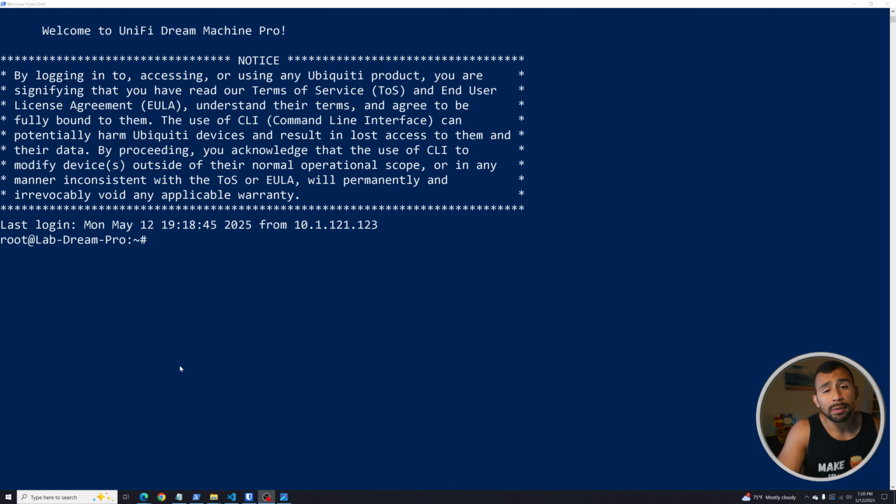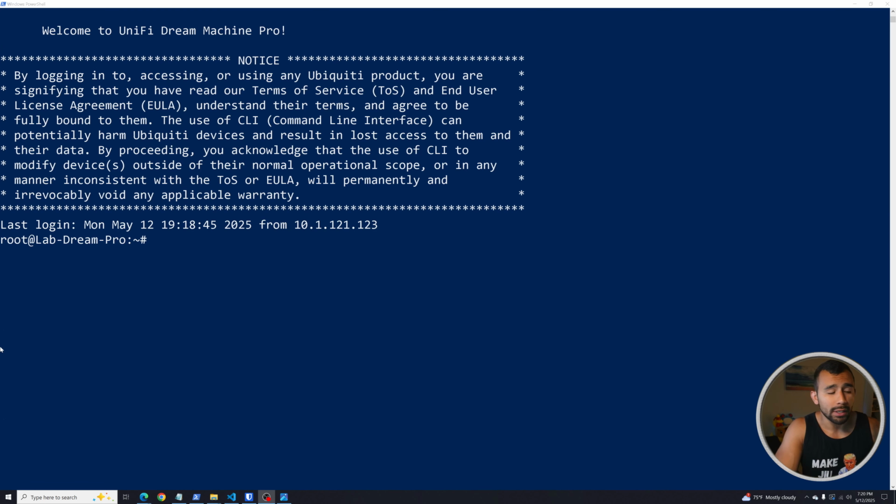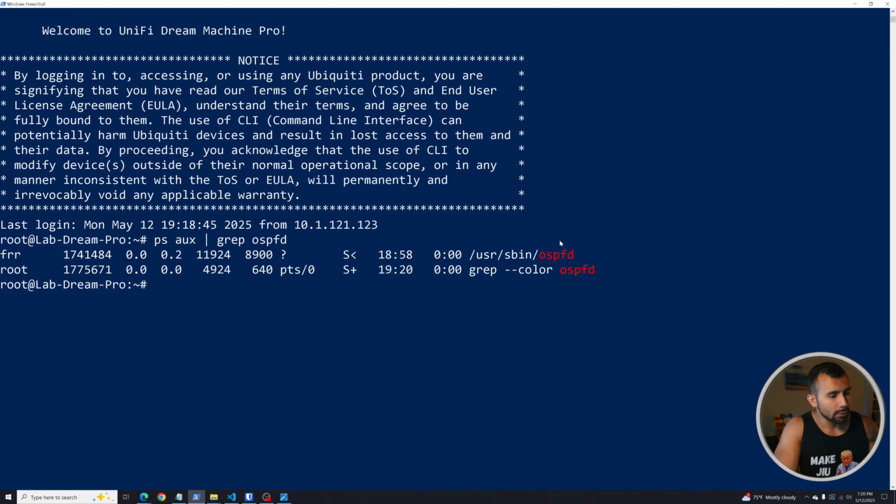All right, so the OSPF-D daemon is the actual process used to manage OSPF. And if you're familiar with that, it's because it's an actual Linux process. It's not proprietary to Ubiquiti. In order to confirm that your OSPF process is running on your UDM, your Dream Machine, you can just run ps aux grep OSPF-D. And we can see here that we do have the daemon running right now for OSPF, which means the process should be running. We should actually be getting OSPF services. And the router should be participating in OSPF, assuming it's configured, which is the case,